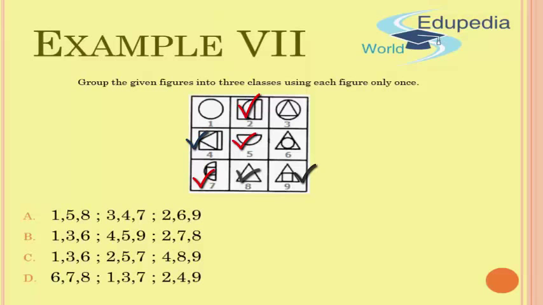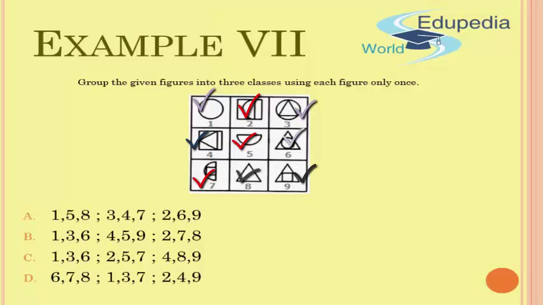And similarly, if I look at figures 6, 3 and 1 or 1, 3, 6, in figure 1 I have a standalone circle. In figure 3 I have a triangle inside a circle, and in figure 6 I have a circle inside a triangle. So again I have common figures over here. That is, I have a circle and I have a triangle.